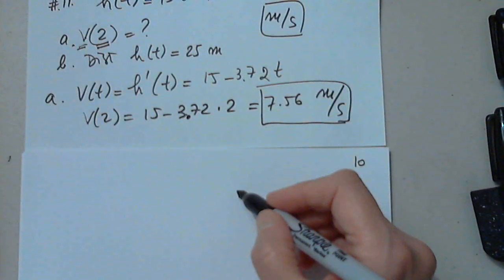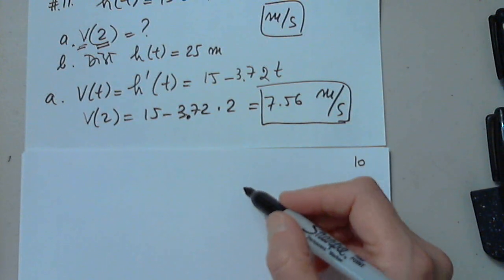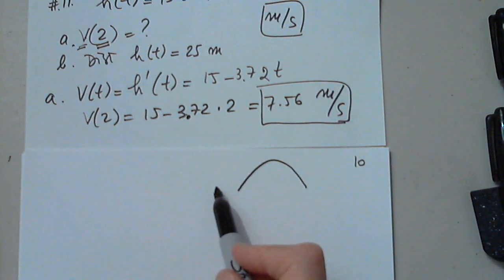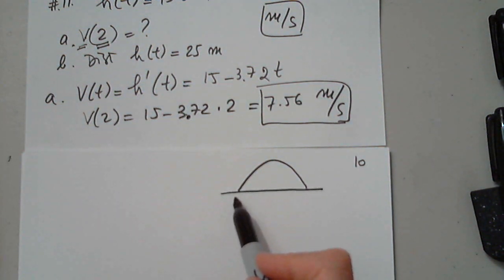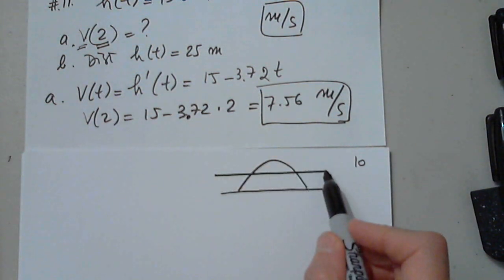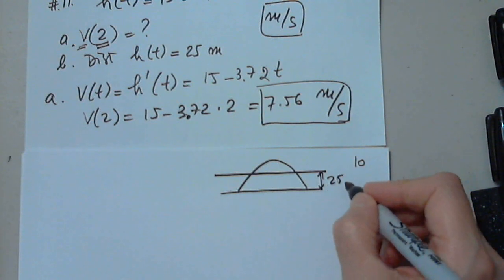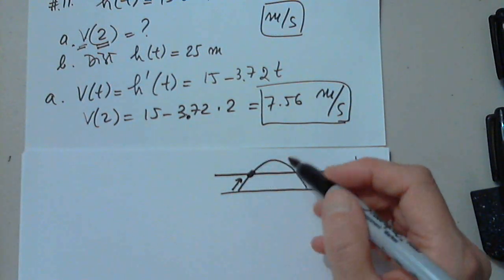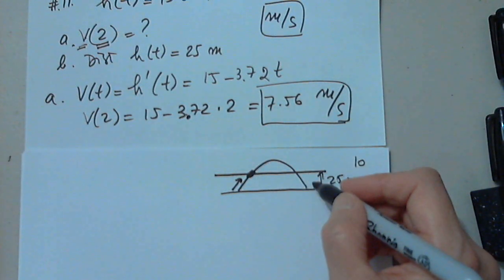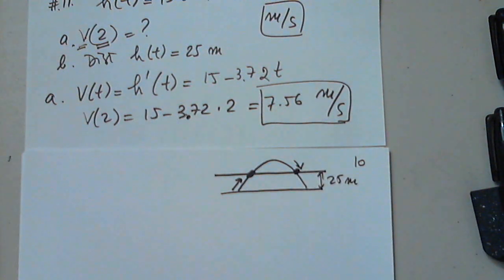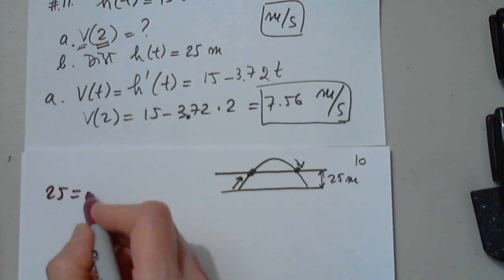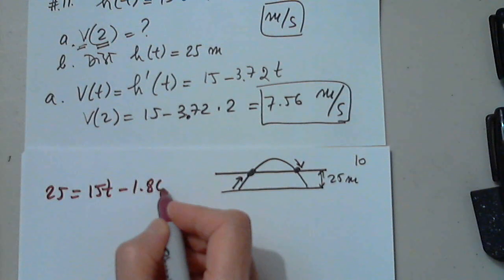So obviously, you just plug in 25 as h. Yes, perfect. So this is a parabola, obviously, with a maximum. Somewhere it starts here on the surface of Mars, and here is 25 meters. On its way up, it will cross this height, and on its way down, it will cross this height again. So all we need to do is, as perfectly mentioned already, we have 25 equals 15t minus 1.86 t